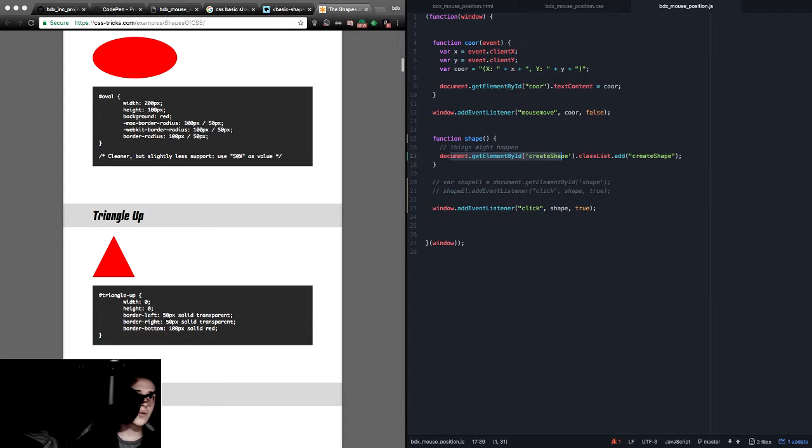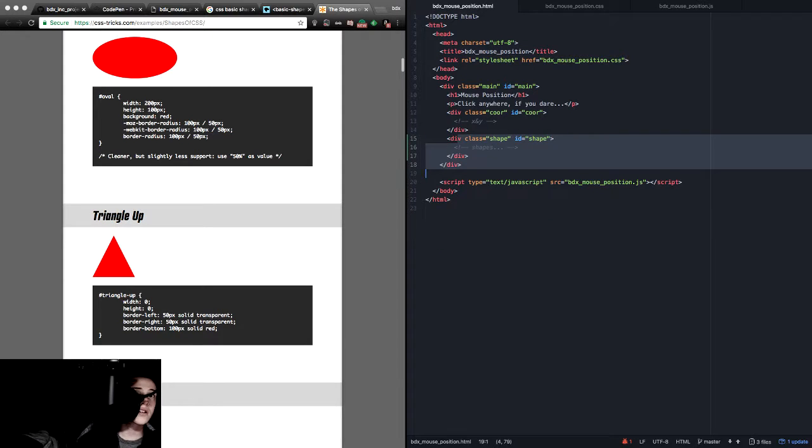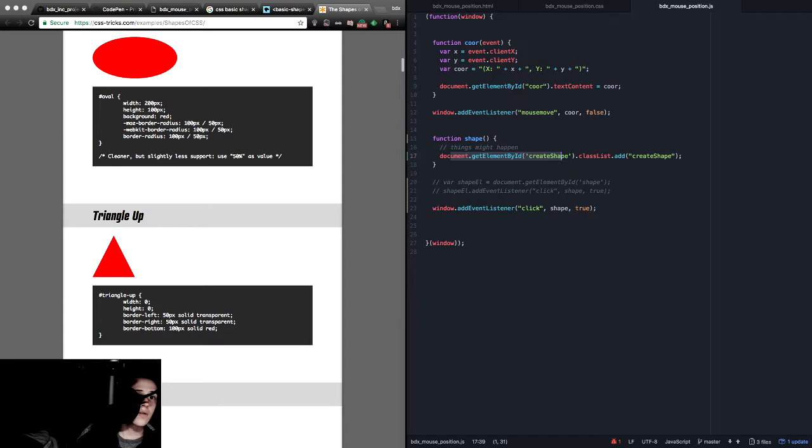Pulling in, and it's not create shape, it's just shape. So let's put that into perspective. Just shape. Classless add create shape. Mr. Wolf,